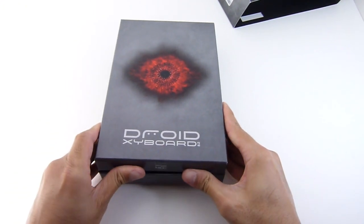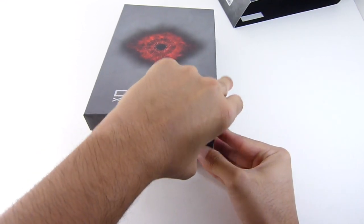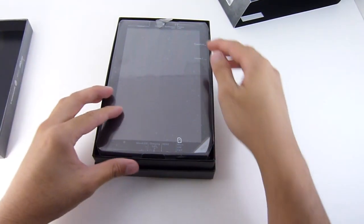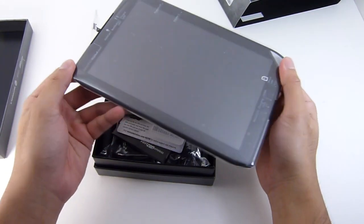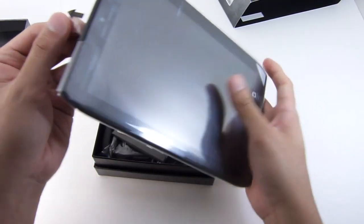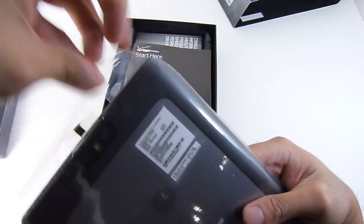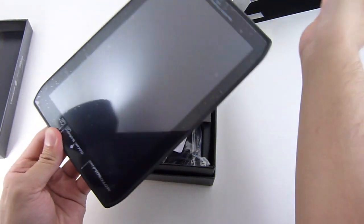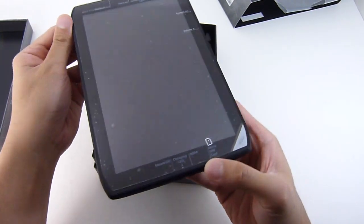Let's open up this guy. So open it up, a little bit tight right there. And there we go. Here is the Motorola DROID XYBOARD 8.2. Of course they also have a 10.1, and we'll take a look at that guy here. Let's take it out of the plastic and show you what else is inside the packaging as it's loading up. So taking it out, now the styling looks very similar to some recent devices like the Droid Razr and